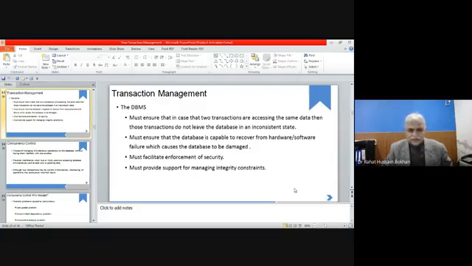The database must provide support for managing integrity constraints. We also discussed in our previous lecture that integrity constraints should be maintained by the database management system, whether we are using our original base tables or our views. The integrity constraints you specified in the very beginning, when you created the database and tables, should be observed properly throughout when you are using that database.